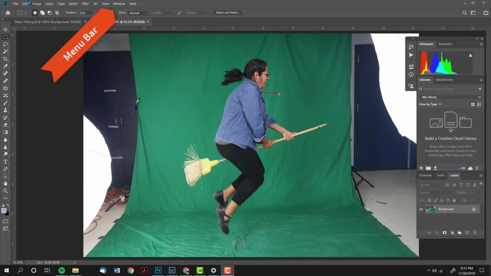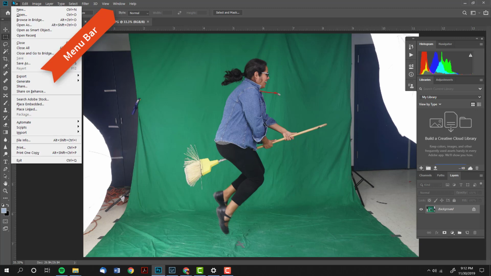On the very top, we have the menu, which is where many commands live. For example, under File, this is where you find your Open, Close, Save As commands. Each command has a shortcut that goes along with it. It is a good idea to begin memorizing shortcuts because professionals prefer to use shortcuts as they are faster and